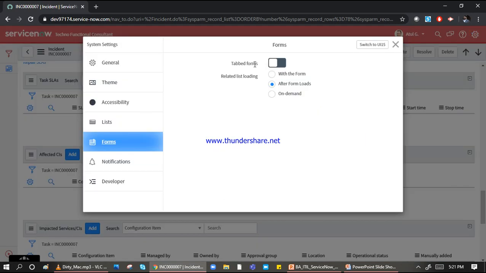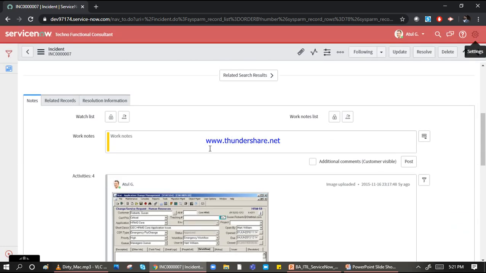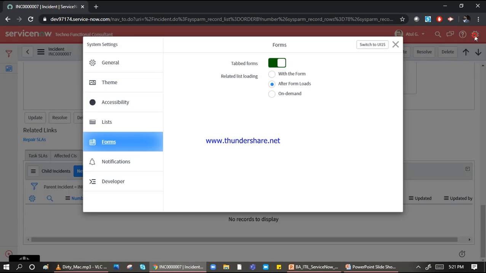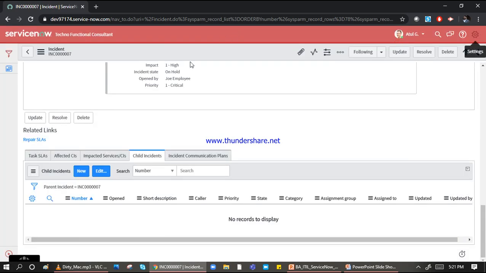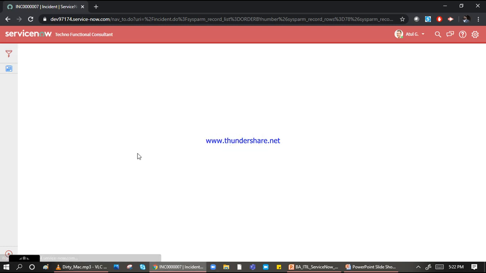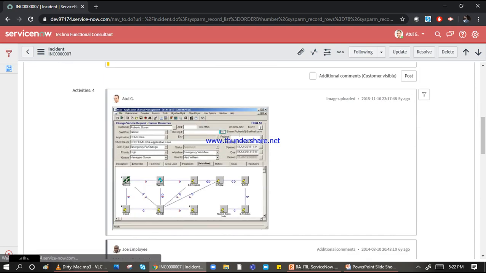Now as I turn the tab off, it's showing something like this. Let me turn the tab on now, and now you can see. Okay. Now if I want this list to be on demand only, because I don't want my page to be too heavy, I go here, click on on demand, click OK and reload the page. So now you will not be able to see this related list unless you click as per your requirement.